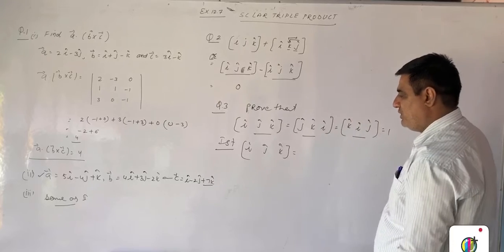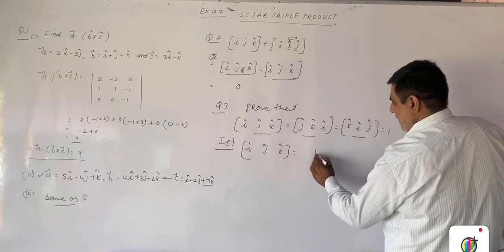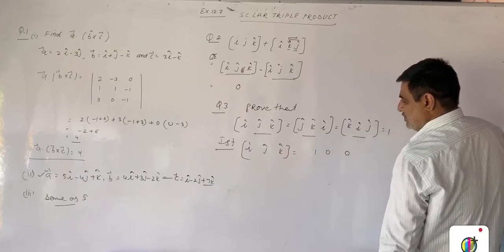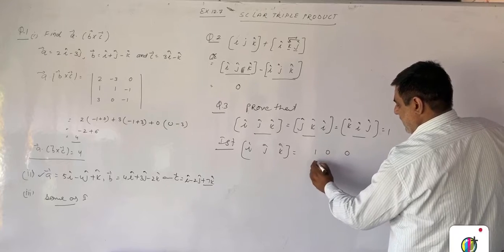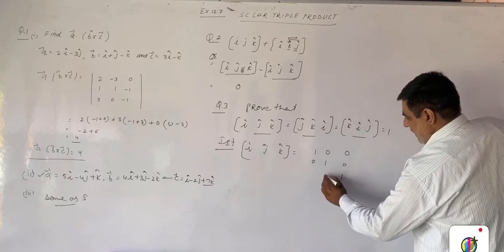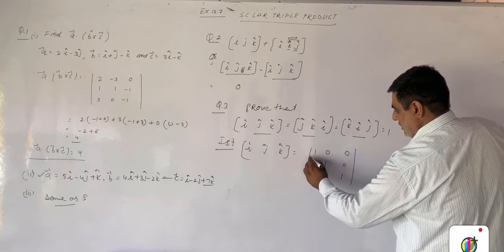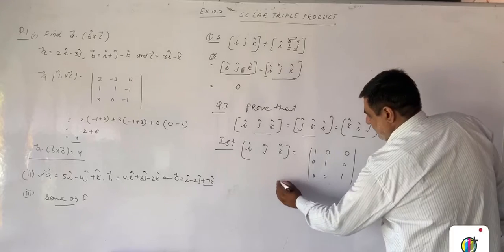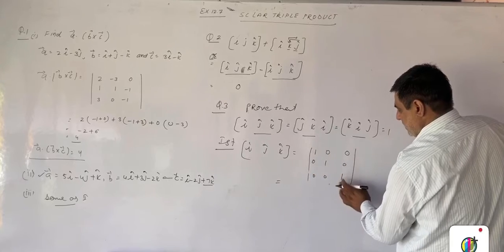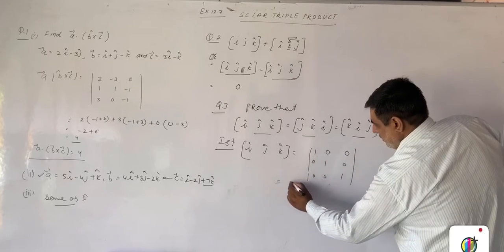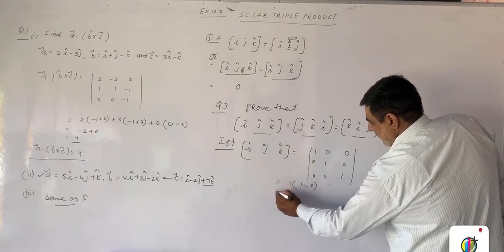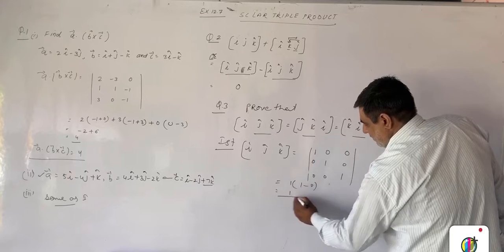Now the components of these vectors: the i component is 1. Here the first vector is A like this. Now j and k are 0. Now for this vector, j is 1 and i and k are 0. Now for this one, the component is also 1 and i and j are 0. Now we determine these, expanding by the first row. So now we expand by the first column, and the first row cancels. We multiply 1 into 1 multiplied by 1, 1, and 0 multiplied by 0, 0. Now we get 1 minus 0, 1, 1 multiplied by 1, 1.